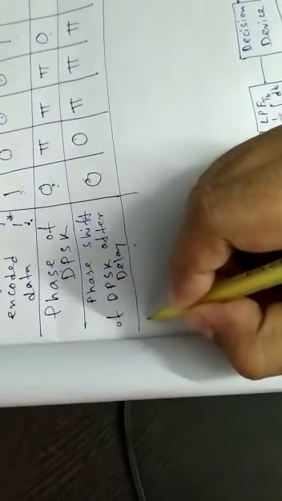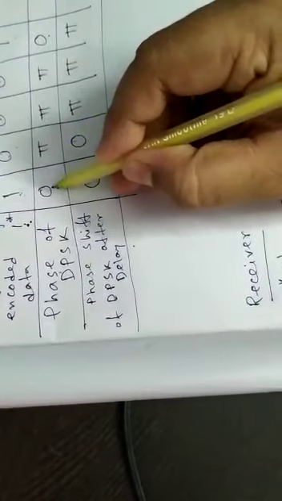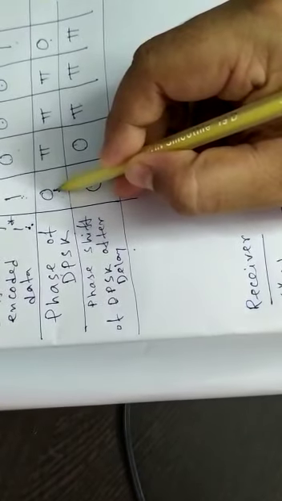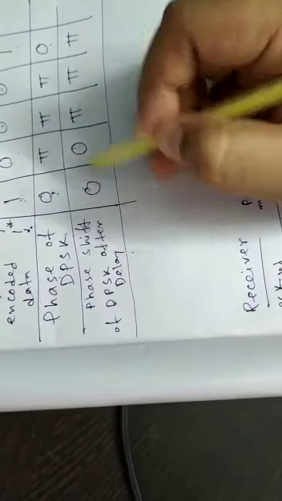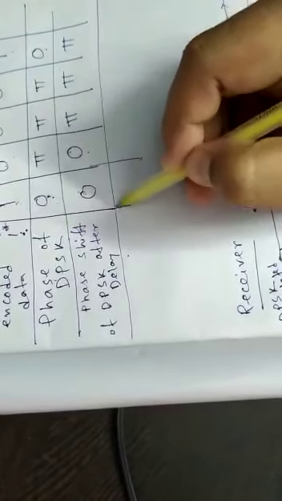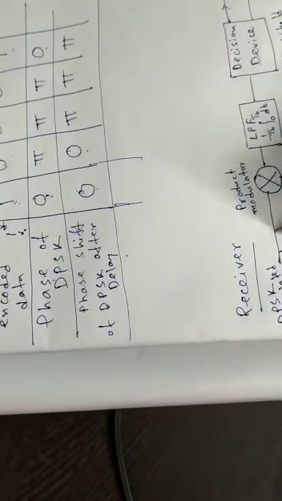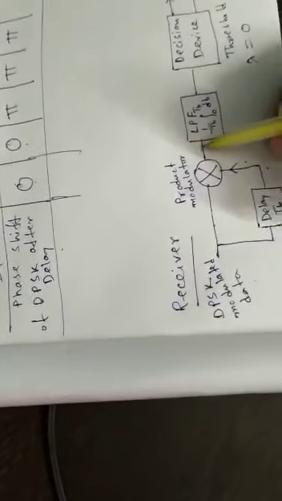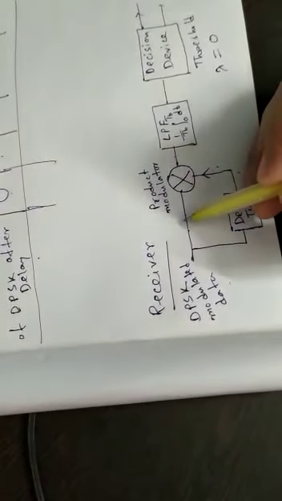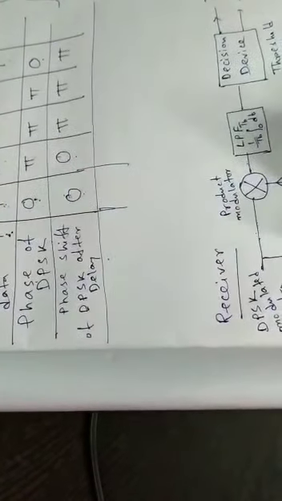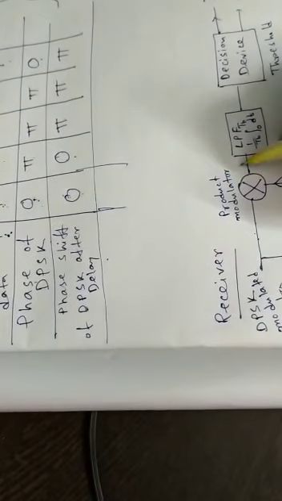So I just want to write, this 0 is represented by 0 degree phase shift, that means Ac cos omega ct. Again, this is Ac cos omega ct, this is minus Ac cos omega ct, this is Ac cos omega ct. So if you multiply Ac cos omega ct with Ac cos omega ct, that means 0 with 0, you will get Ac square cos square omega ct here. If you multiply Ac cos omega ct, that means 0, with pi phase shift, that means minus Ac cos omega ct, you will get minus Ac square cos square omega ct.